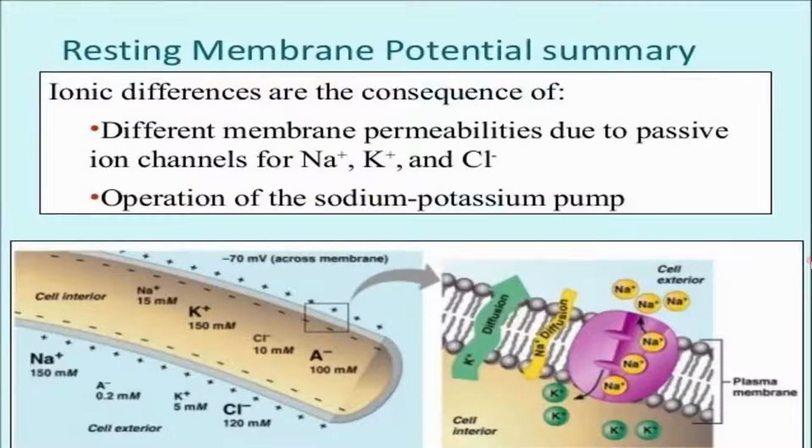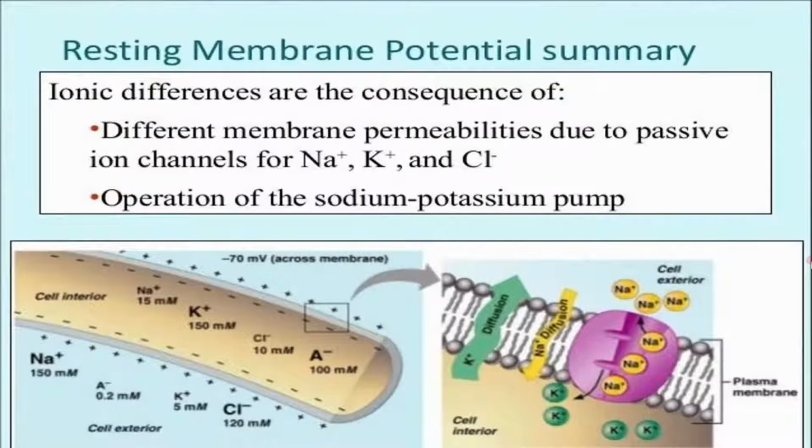So we have learned what the resting membrane potential is. I am just discussing and revising the last class so that you are able to follow the next class, that is today's class, the neuromuscular junction, how transmission occurs across the neuromuscular junction and all. So 5 factors we have learned are responsible for the genesis of the resting membrane potential.